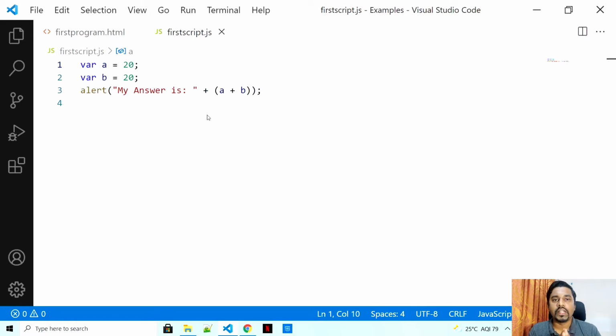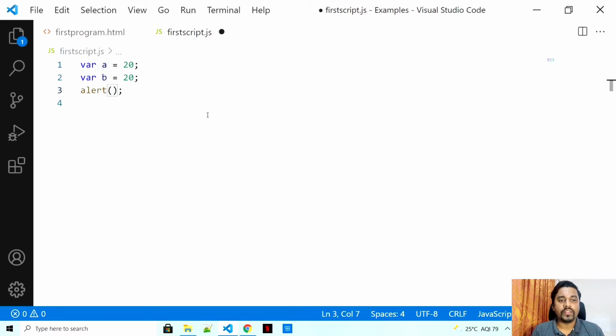Plus operator works in multiple ways. The first one was to add two numbers, the second one was to concatenate two different values, one was a string and another was a number. Never get confused about when it is concatenating and when it is adding, because whenever you see a string, that means your plus is always and always going to concatenate. And what is a string? Whichever value you see in inverted commas, that means it's a string.